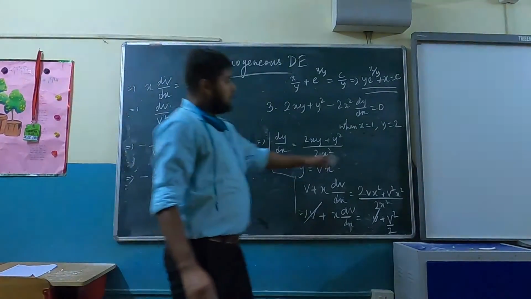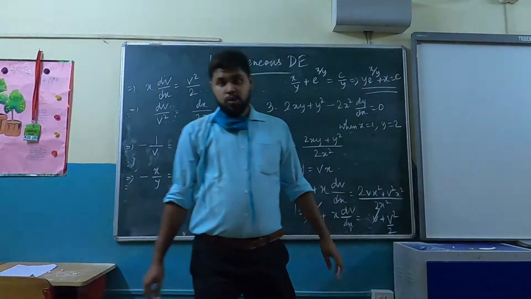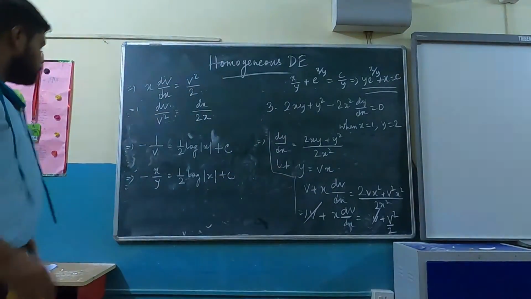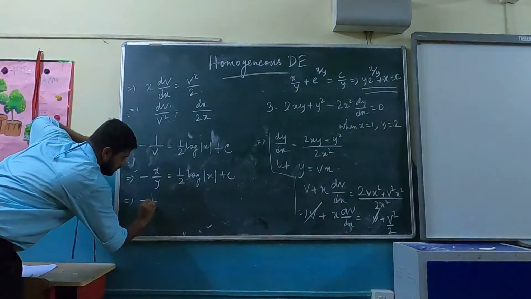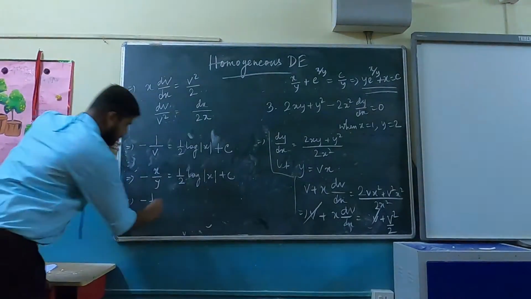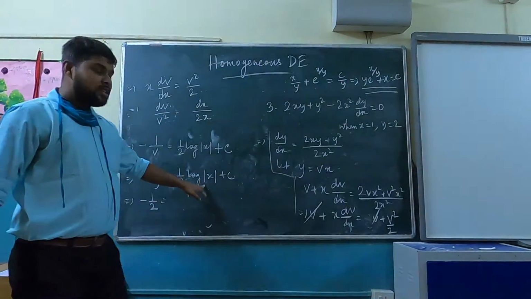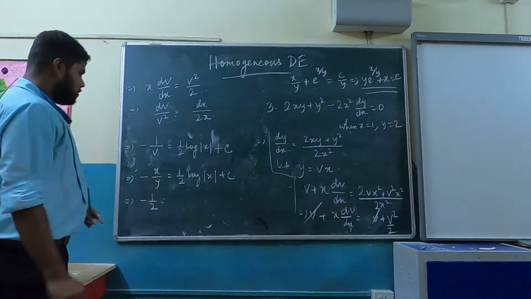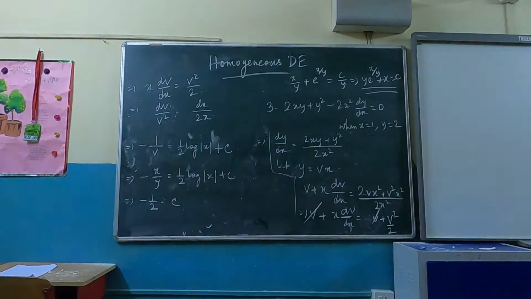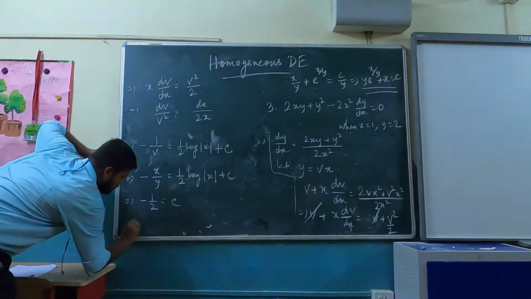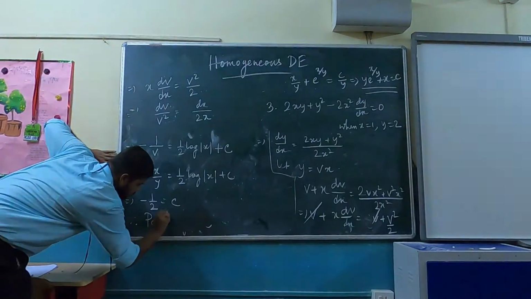Now x is 1, y is 2. So therefore let me put the values. So if x is 1 and y is 2, so I have minus half equals to log of 1 is 0. So therefore c is minus half. So let me put it back. So therefore the particular solution